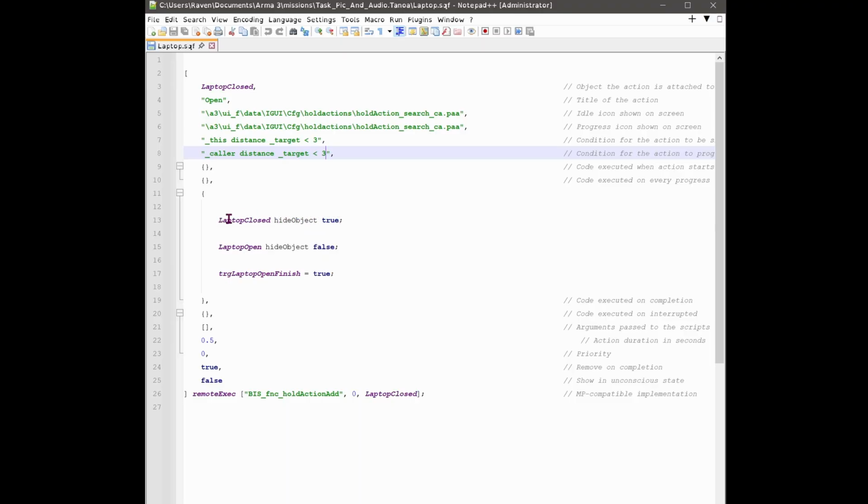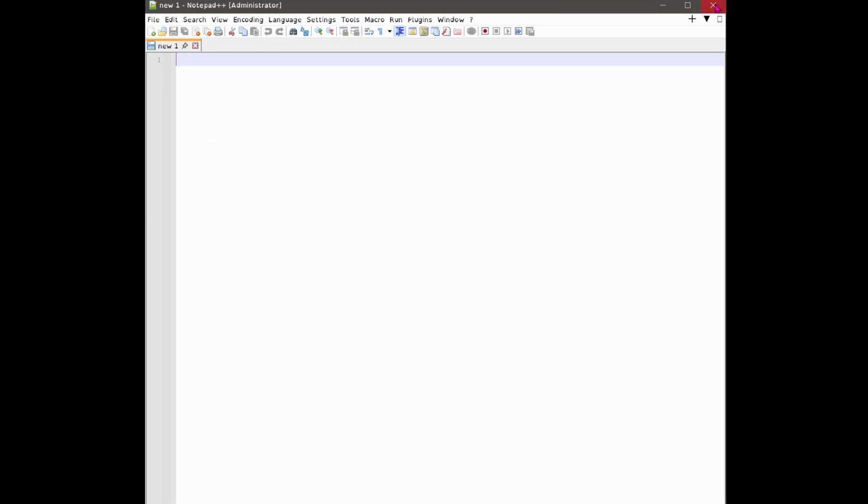So we're hiding the closed laptop, and then immediately we're showing the open laptop, and then we are firing this trigger, which I showed you in the game, and that's it. And obviously I've put true down there because we only want them to be able to do that once. So that's it. That's how you add an image